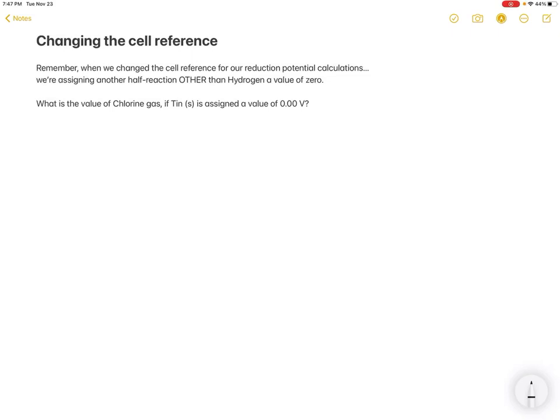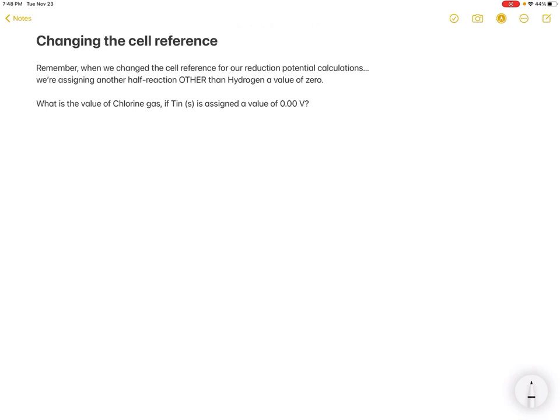So in continuation of what we were talking about in class, what happens when we're in a lab situation where we need to actually change the reference when we're assigning values? So normally in your data booklet, all the values that you see are with hydrogen being 0. Now let's say that that 0 moves, well, so will the values of all of those reduction potentials in our